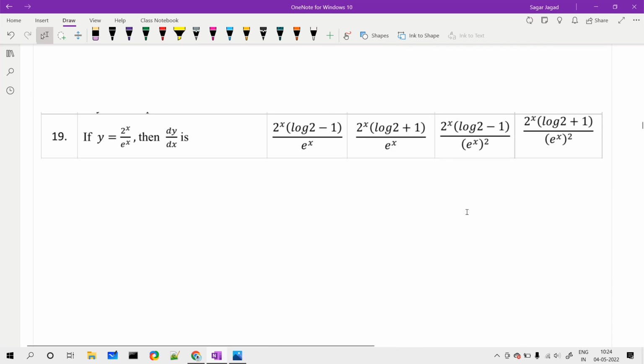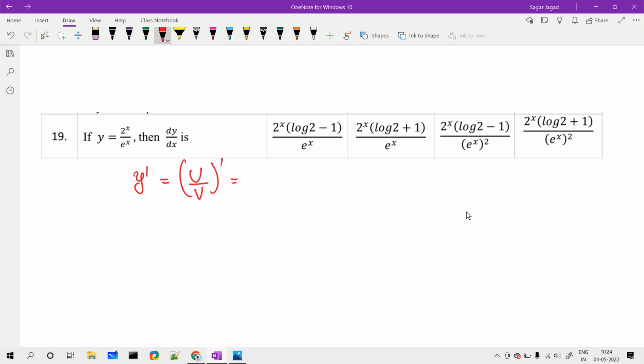Over here we have y is equal to 2 raised to x upon e raised to x. When we see the question, the derivative of u by v is given by the formula: v u dash minus u v dash, divided by v square. Correct. So what is my v? V is nothing but